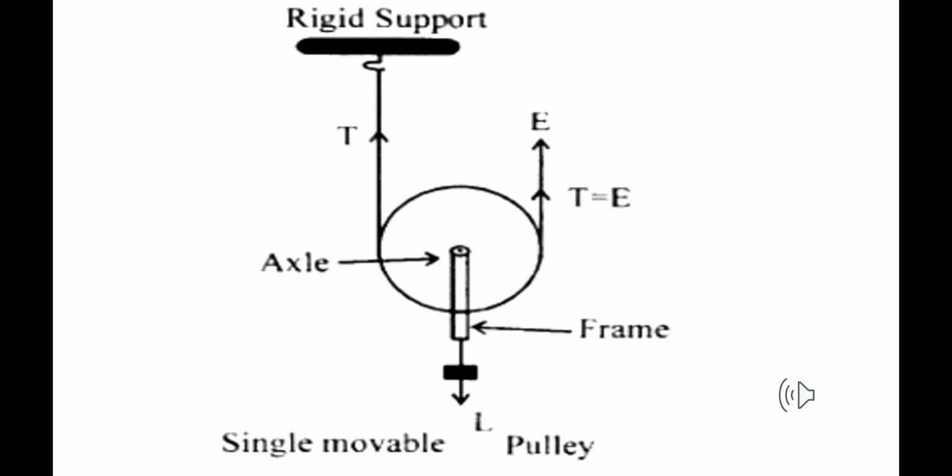So if I have to balance the things, L is balanced by T plus T, that is, L should be equal to 2T, whereas effort is only equal to T. Effort and tension are equal and opposite to each other in the effort arm,